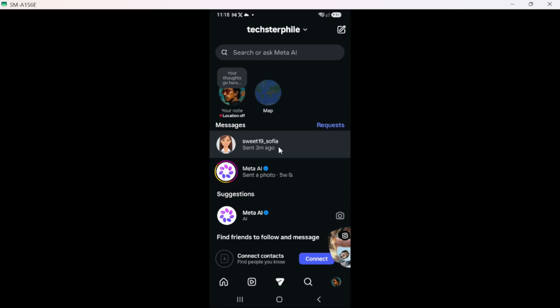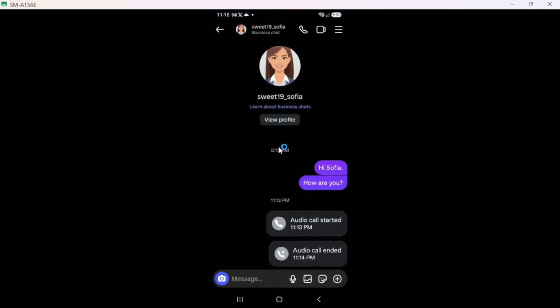Look for the chat thread that includes the call entry, as this will be essential for the next steps. After that, open the conversation with the call, scroll through your messages until you find the chat where the call took place. Tapping on this conversation will load all previous messages and call logs associated with it. This is where you can review the call history before deciding to delete it. If you're unsure which chat to select, remember that it is usually the one with the most recent activity regarding the call. This step is significant because it allows you to focus on the specific interactions you want to manage.